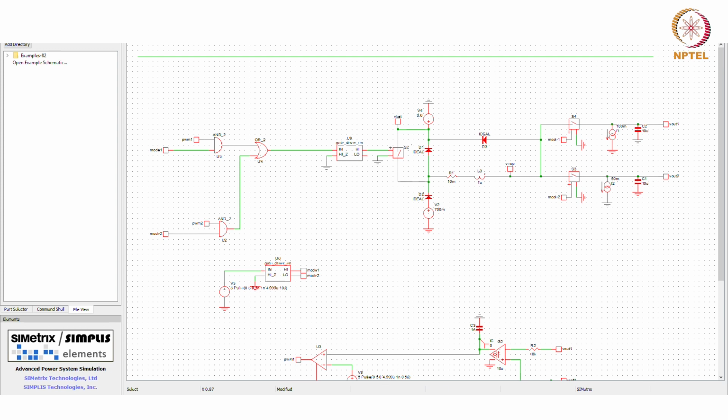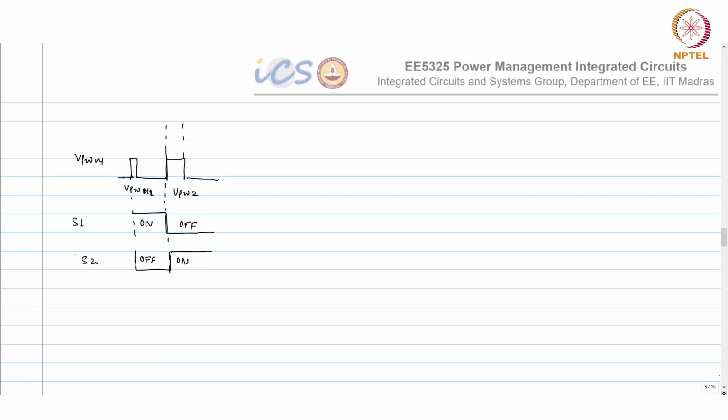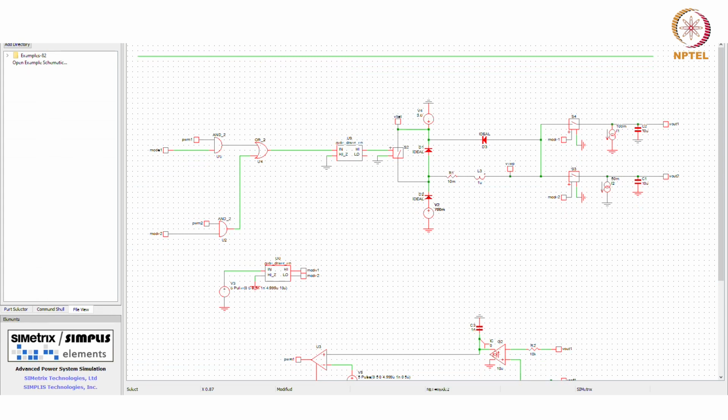So this is your non-synchronous, because I have only a diode at the bottom. The reason I have a non-synchronous is I don't need to build a control to turn on the bottom FET. So just to simplify the control loop, I just did it like this. And this is generating your control signal, mode 1 and mode 2. This guy actually, the switch control, S1, S2. And you can see mode 1 and mode 2 are driving these two switches.